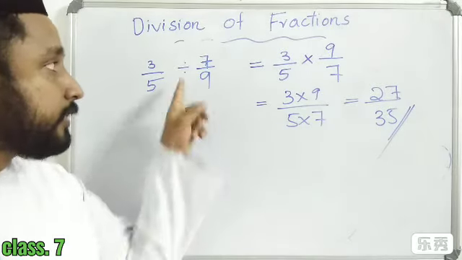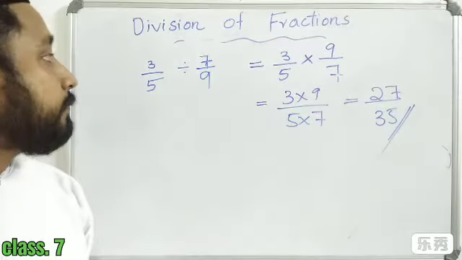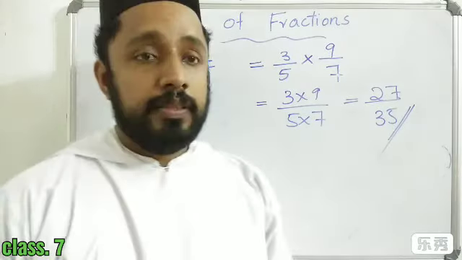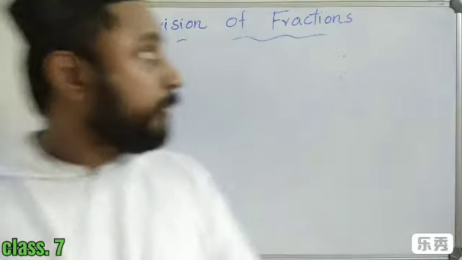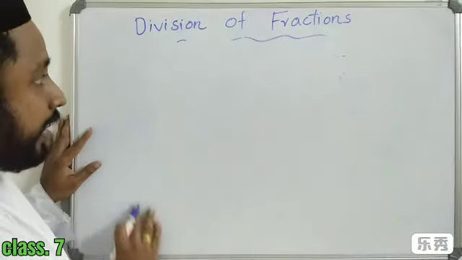Okay, so change this division into multiplication and use the reciprocal of the next term. So 3 by 5 divided by 7 by 9 is equal to 27 by 35. So in order to divide, you have to multiply with the reciprocal. Another example,